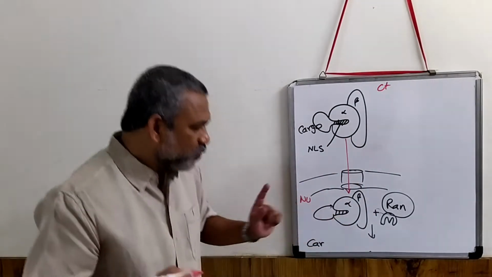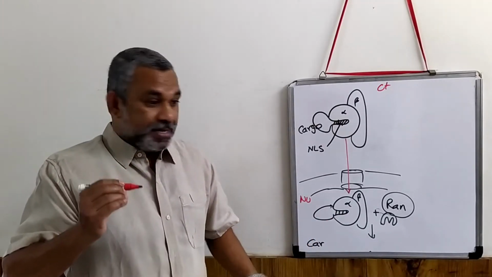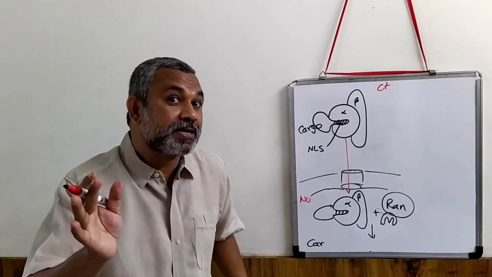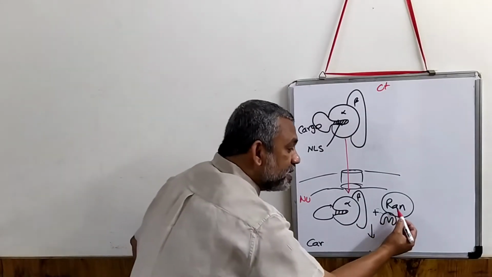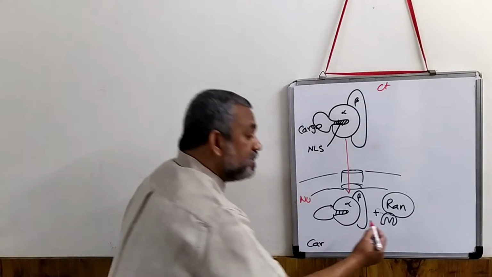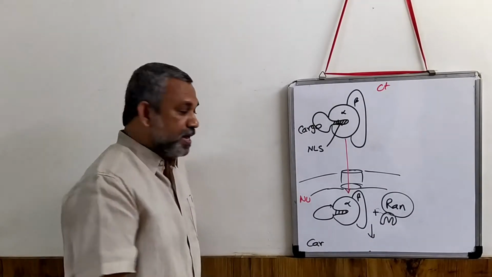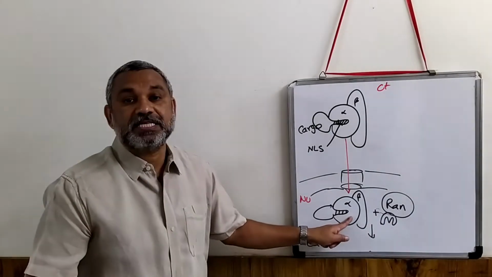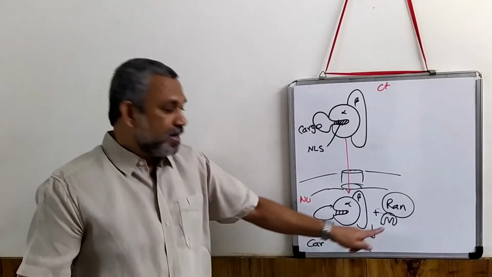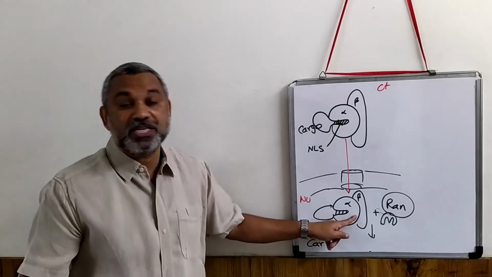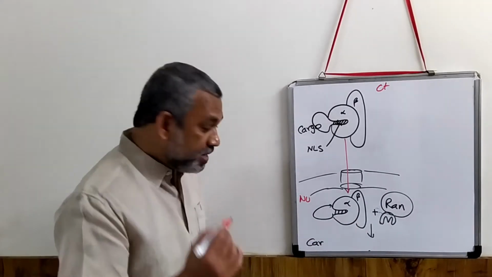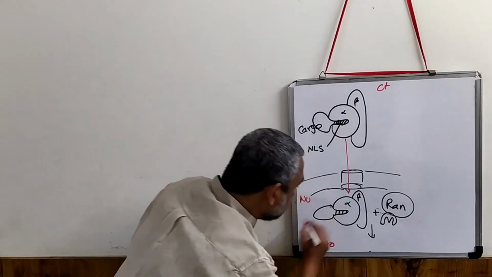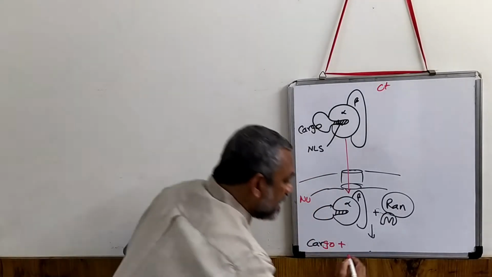Once it is in the nucleus, so what happens? Now the cargo must get separated. How to separate the cargo? In order to separate the cargo, Ran-GTP comes. The next step is that Ran-GTP will combine with this particular complex. Ran-GTP combines with this complex, and now what will happen is the cargo gets separated, the alpha gets separated,